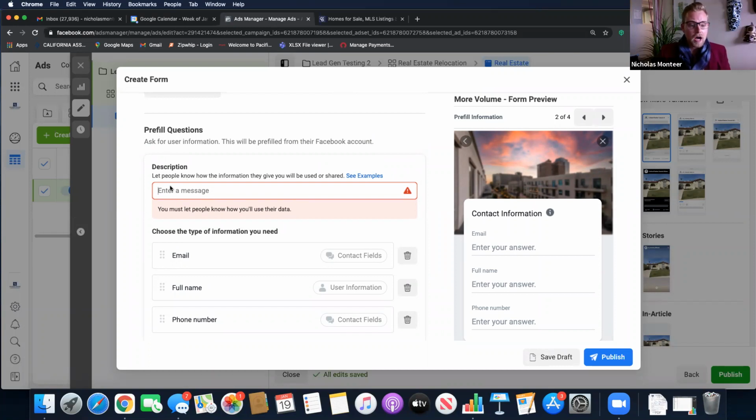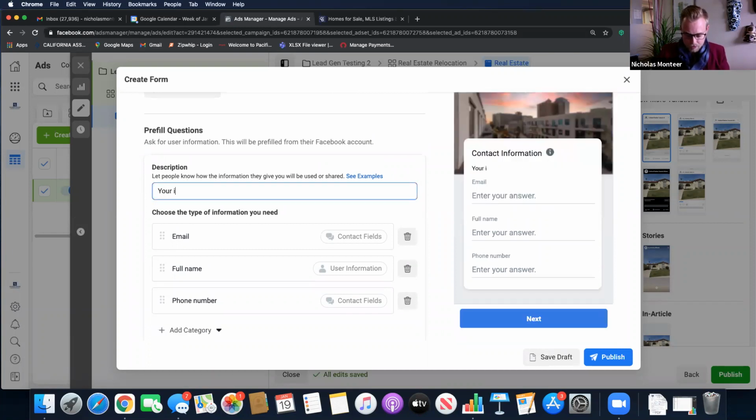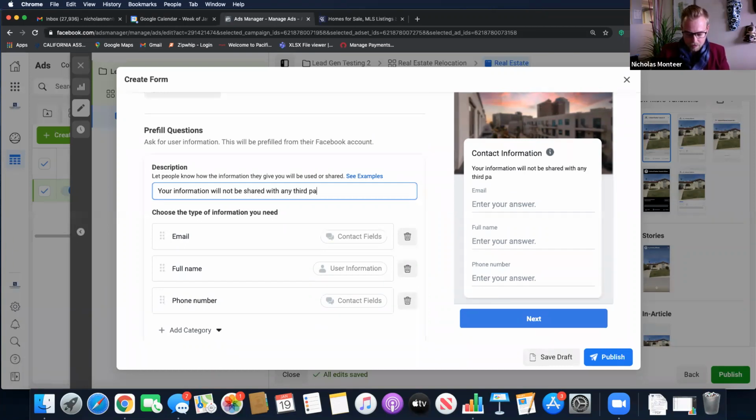For description, you do have to let people know about where their data is going. So I usually like to put, your information will not be shared with any third parties.